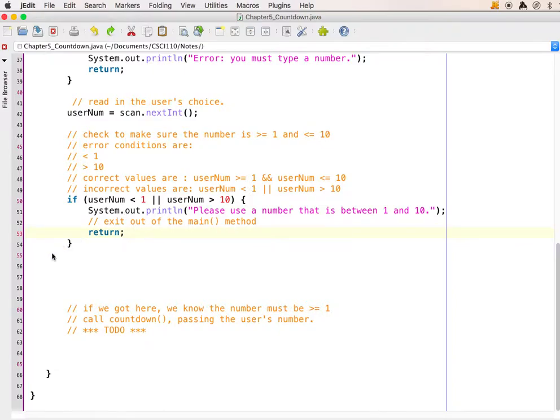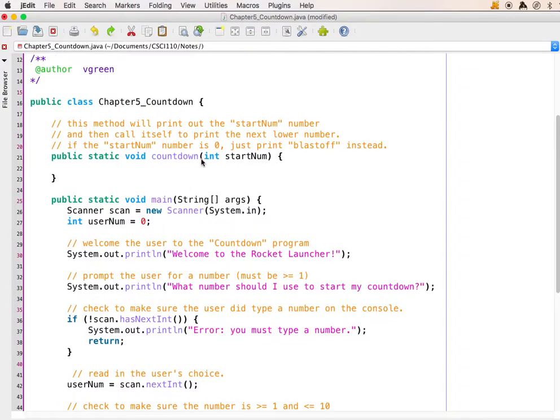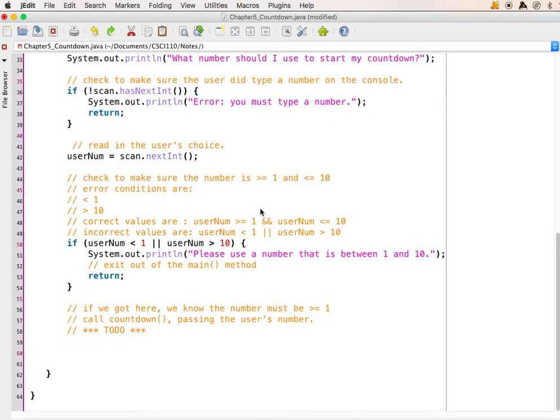Now that we have the error handling squared away, it's time to fill in this last to-do item, to do the actual countdown. So as a review, to call a method, I know that I need to put the method name, and this is my countdown method. My countdown method takes one parameter because it needs to know what the number is to start counting down from. So that means that down here, I've got to call countdown